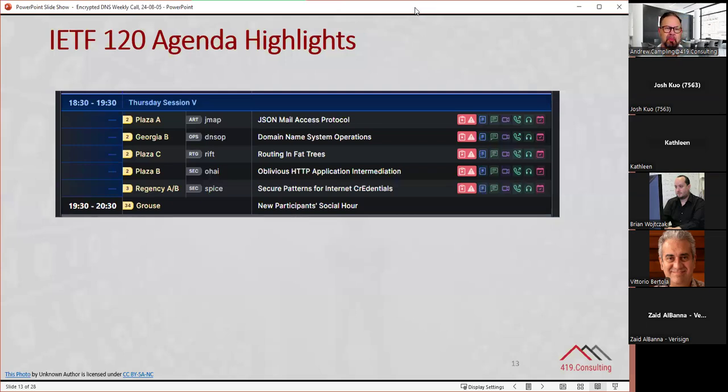DNS Ops sort of rounded out the second of its 2 sessions for the week. As always, with plenty on the agenda, which it successfully completed. Otherwise, I would have gone either to a high or potentially part 2 of SPICE, but chose to go to DNS Ops. So nothing really jumped out at me that was especially noteworthy, which isn't to say it wasn't interesting. And that was it for me for Thursday.